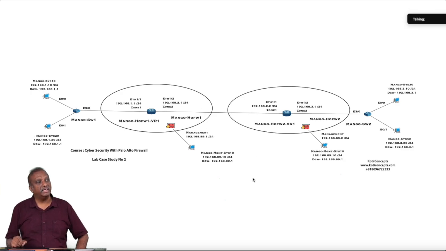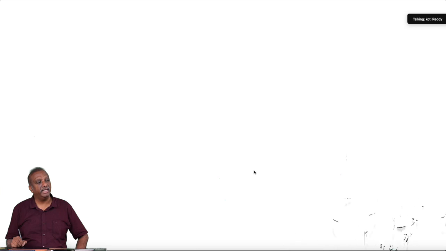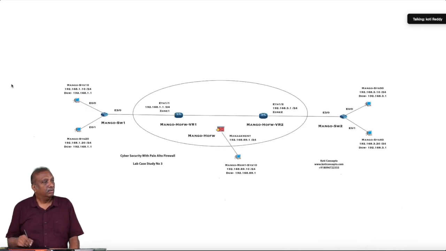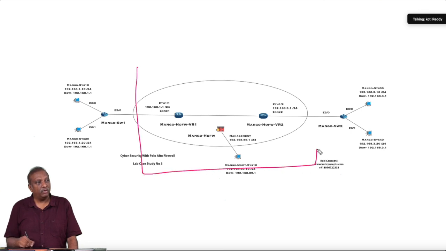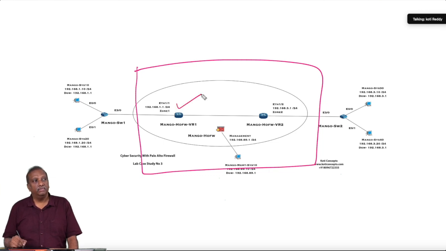Then in the third case study, what we do, we see how to configure routing between the virtual routers on a firewall. There's only one firewall box. We configure one virtual router here. We also configure a VR2 virtual router,